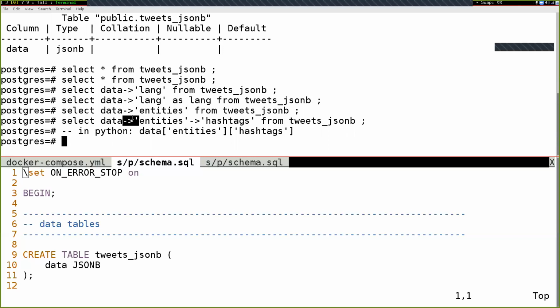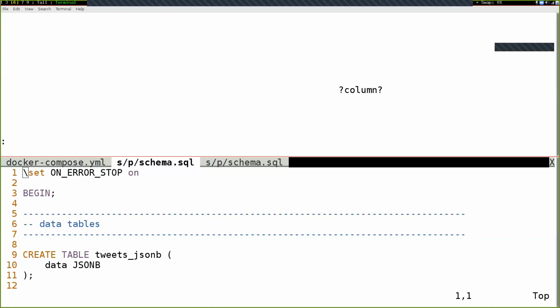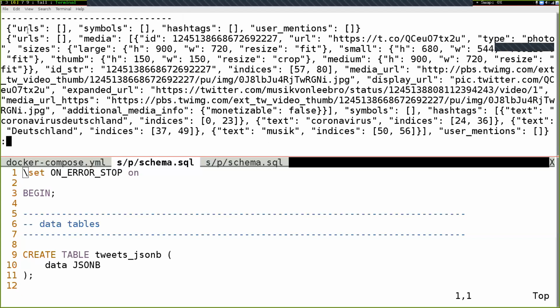One of the maybe confusing things here, again related to quotation marks, is that you want to make sure you're always using single quotation marks for something to the right of the arrow sign. The single quotation marks indicate that the thing inside is a string and not a column name. That's a little bit confusing because the things we're referencing in the JSON are contained in double quotation marks when they're being displayed. They're sort of like column names, like an entities field, a URLs field, a symbols field, a hashtags field. So it might be tempting to use double quotation marks, but if you do that, you're going to get some